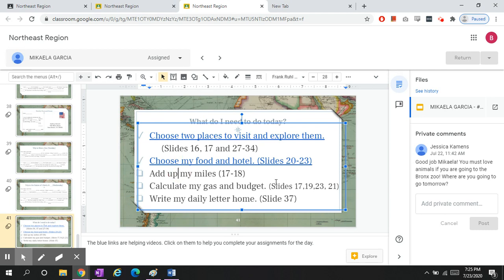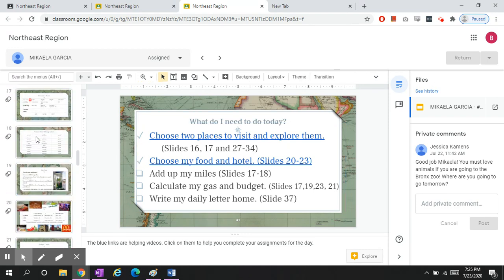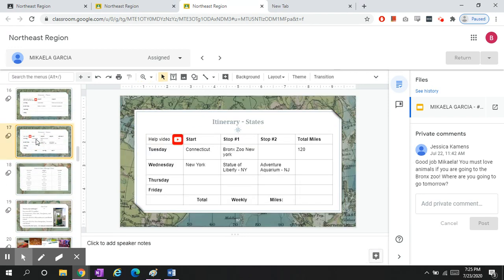So step 3 says add up my miles, and I know the slides that are going to be helpful for me are slides 17 and 18. So let's go ahead and go to slide 17 and 18 now. So if we go to slide 17 and 18, to figure out our miles, we need to think about the